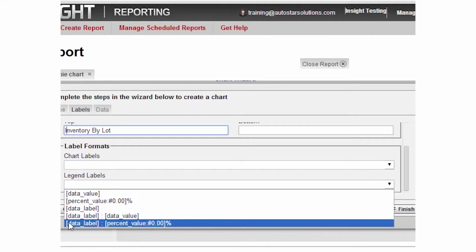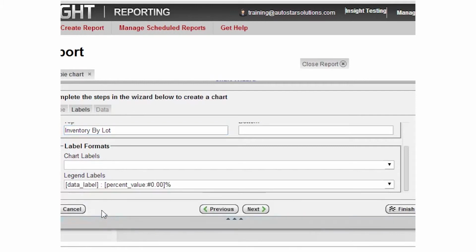Well, I want the data label by data value, and then I want a percentage of it, but I only have the option to do a data label and then a percentage of the value. I know I need another piece of information right here, so how do I get it? The easiest way to do that, because I don't want to remember or try to figure out square brackets and typing, I'm just going to go to this empty field in the chart labels,